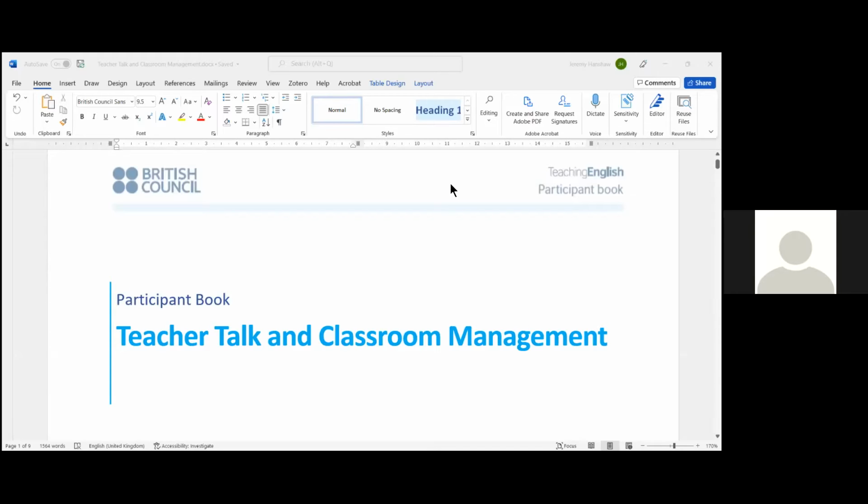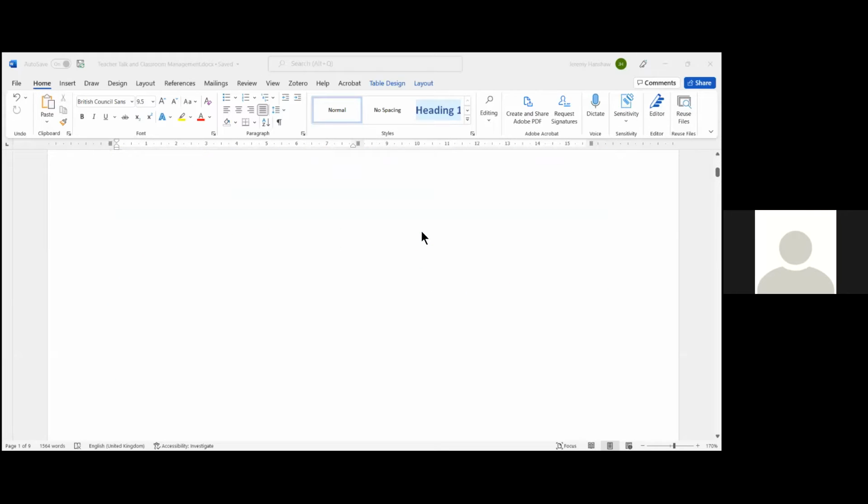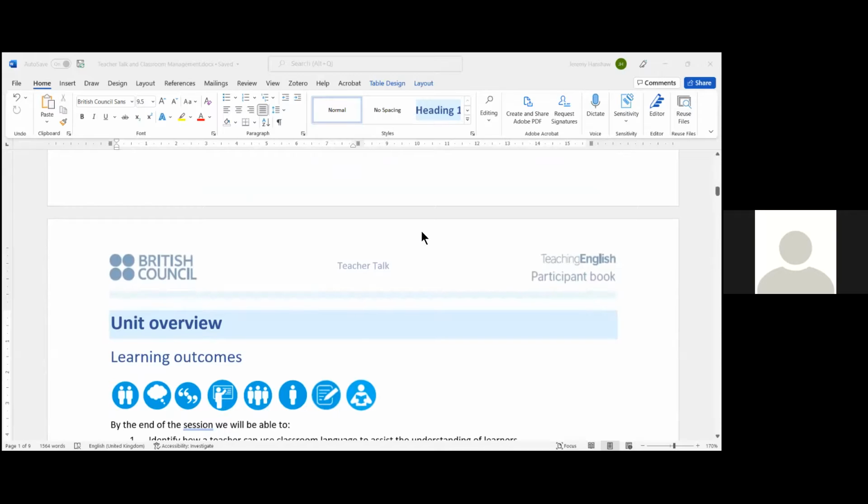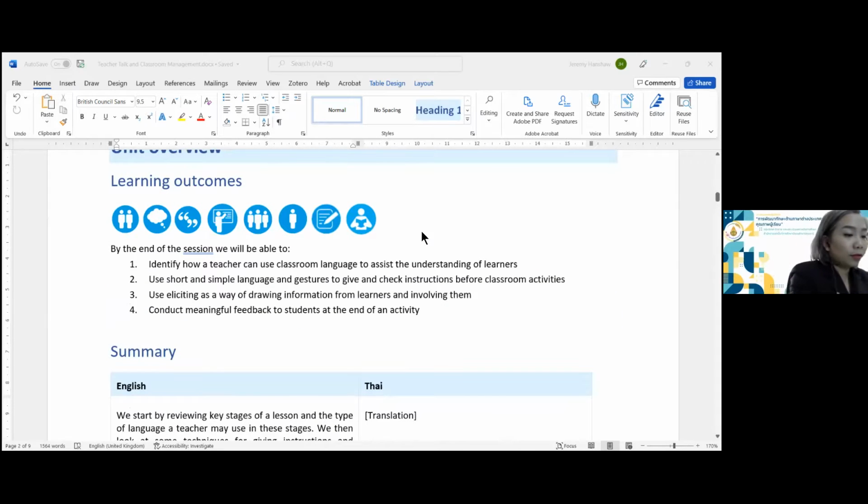All good? Lovely. So the purpose of this particular session is to have a think about teacher talk, teacher language, and classroom management. There is a fair bit to get through. It isn't critical that we get through everything today. What's important is that we're able to share our experiences and our practice, and we're able to build capability. So we will try to get through as much as we can. But if we aren't able to complete it, it isn't a drama, as we're always able to do it in our own time, at our own pace.